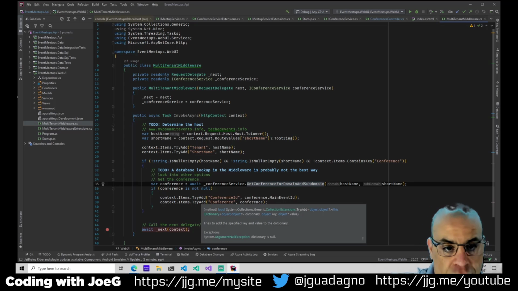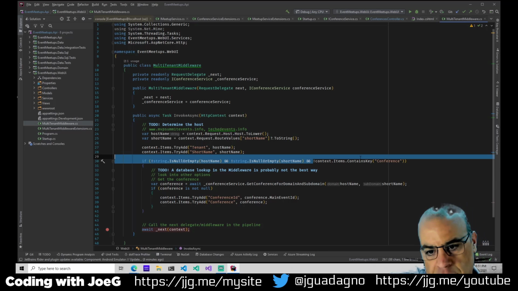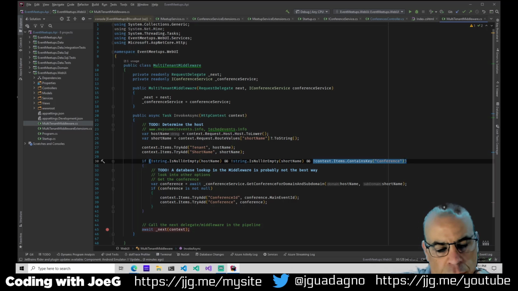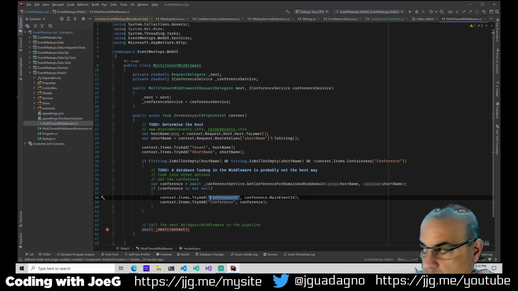Now, probably don't want to do this every single call, which right now it's doing, except in the event that the context is already populated. Ideally, this is going to go into some cache, and there'll be a one-time penalty lookup for it, and then after that, it'll just keep working. But for now, I'm just going to load it here and work with it. So then we're going to need to either pull out this conference from the context or conference ID when we get to the